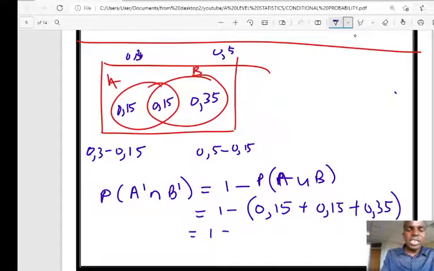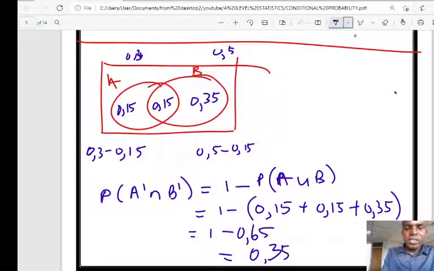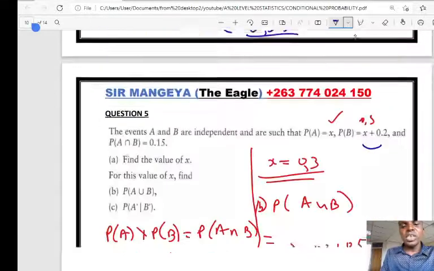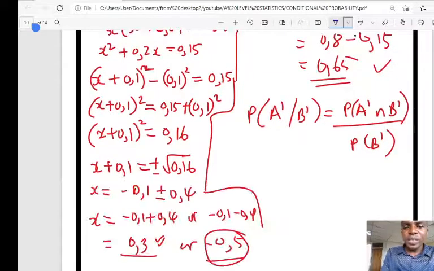It will be 1 minus 0.15 plus 0.15 plus 0.35, which is 0.65, so 1 minus 0.65 is equal to 0.35. That's the probability of A complement intersection B complement. So you come down here, probability of A complement intersection B complement is 0.35